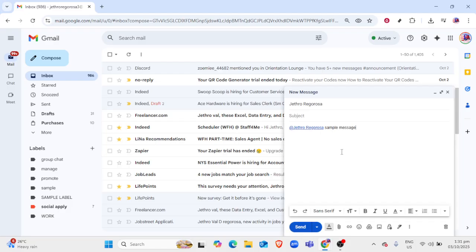In summary, using Gmail's tagging feature not only enhances communication by directly notifying intended recipients, but also helps in organizing email threads more efficiently. It's a small step, but it goes a long way in collaborative communication. So, there you have it. That's how you effortlessly tag or mention someone in your Gmail messages, making sure they're notified and part of the